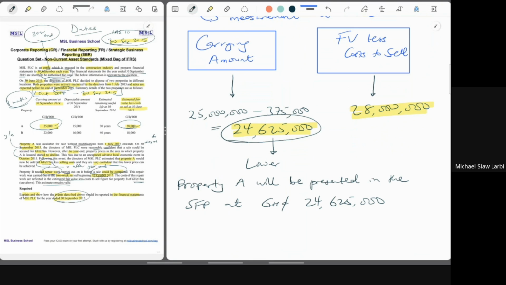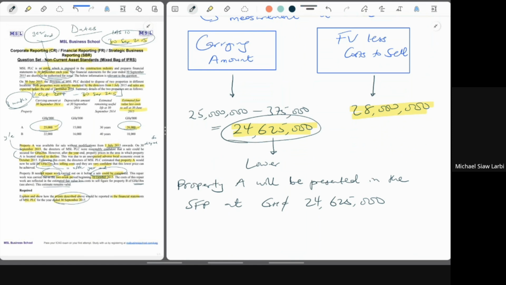Just make sure your shareholders and the users of the financial statements are able to tell that this particular asset is currently classified as held for sale. So there should be a heading or a line, non-current assets held for sale or assets held for sale, something to distinguish that from your PPE or your property, plant, and equipment and other assets you have.